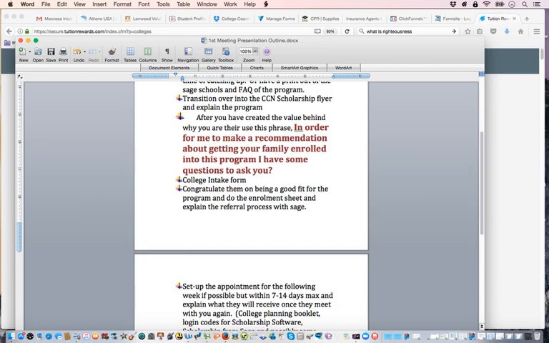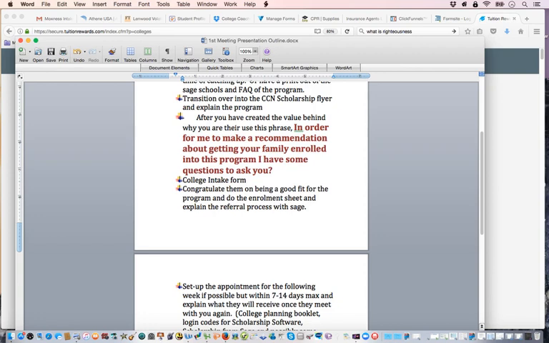Go through those questions. After you go through those questions, now if they say, I don't care about my kid getting any scholarship money, I want them to have loans, or they're going to have to worry about doing this on their own or whatever, you're not going to be able to leverage a second appointment, because in their mind they don't want to do anything to help their kid out. It's on them. I don't care about what they're going to do. I just want them out of my house. If they got that kind of attitude, you don't want to work with them. You don't want to waste your time with them.